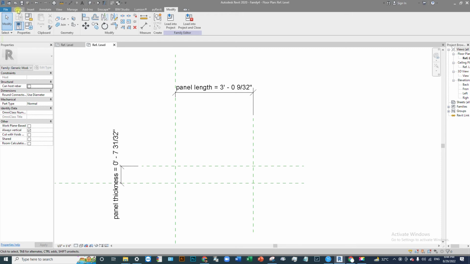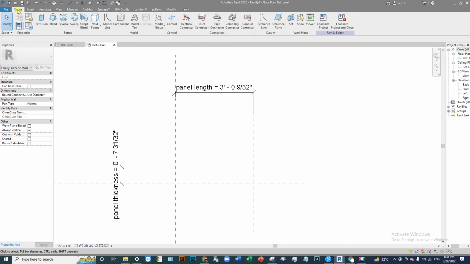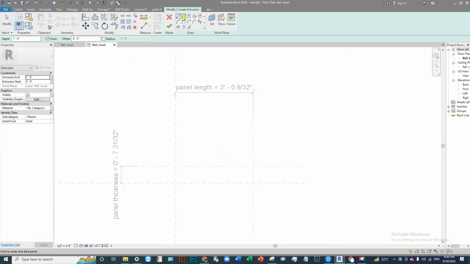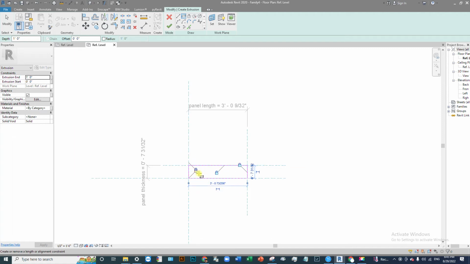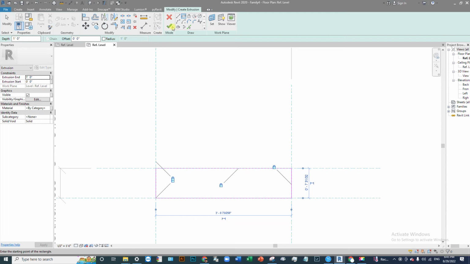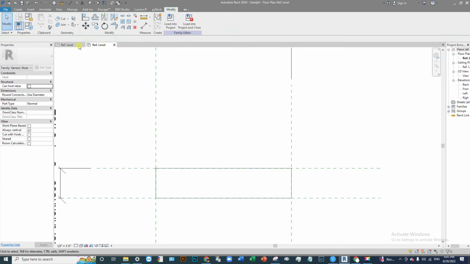Now select the menu bar, Create, then Extrude. Pick the extrusion, select Rectangle, and just draw a rectangle on this reference plane, then lock it. Okay, and then finish. Then go to elevation,